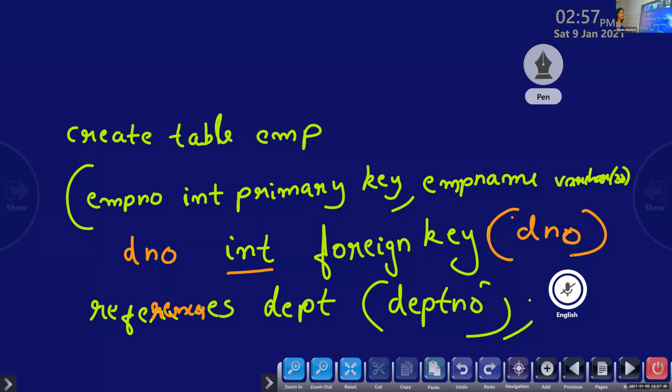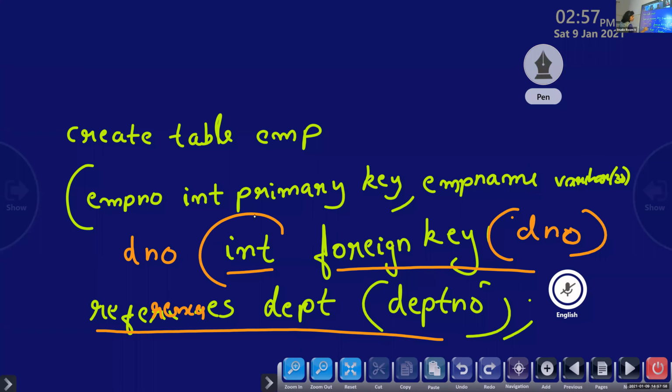It is not compulsory to use the same column name, but you have to write this particular statement. The statement is compulsory. And the data type should be same.